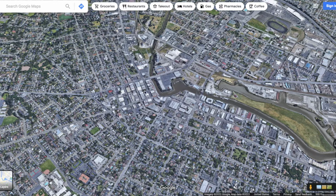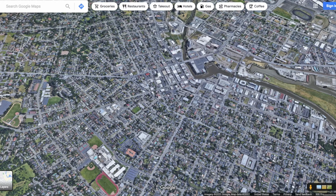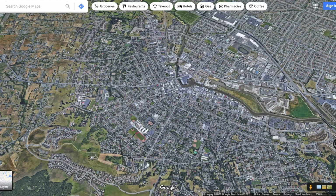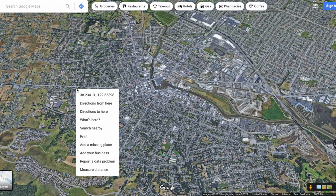we see basically a grid layout, and it's peculiar to, of course, the way the river bend is. So there's a grid here, there's a grid here, and then there's the connectors such that it's not quite a perfect grid system. And then, of course, that kind of ripples out, because you have a number of streets like these that are also not in a grid system, but kind of stretch out in a web to various points beyond the city. But in general, most of the original town of Petaluma kind of sits within a circle that's about...